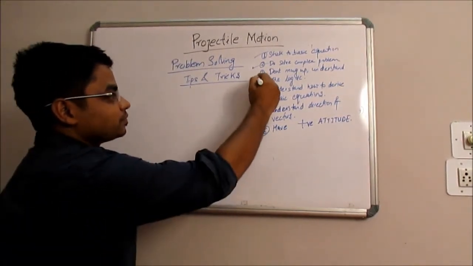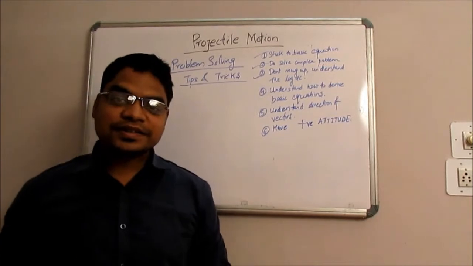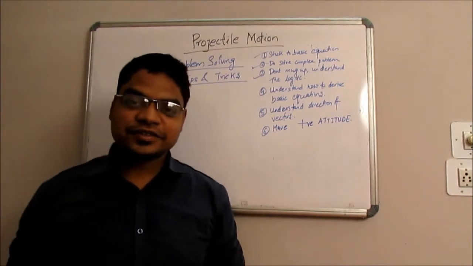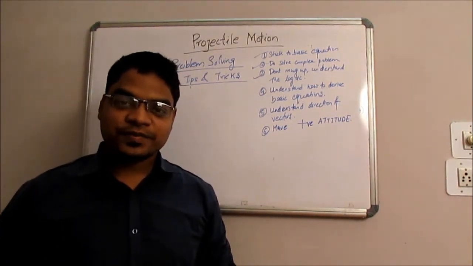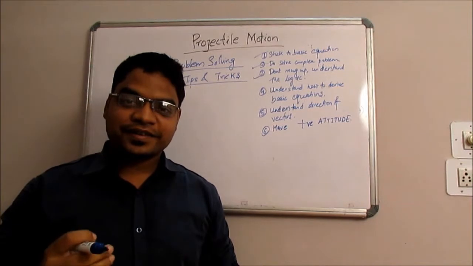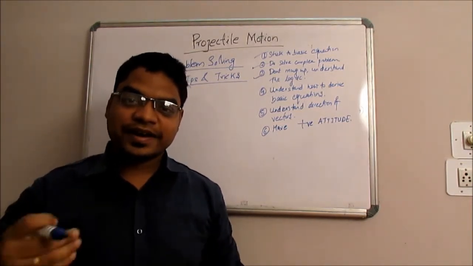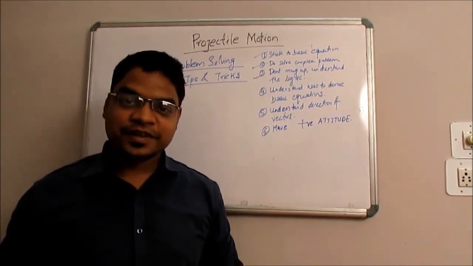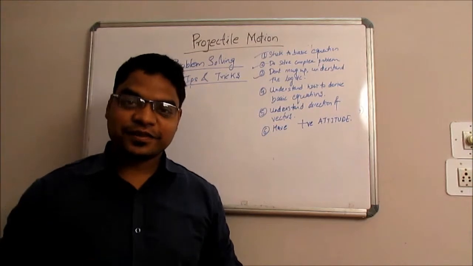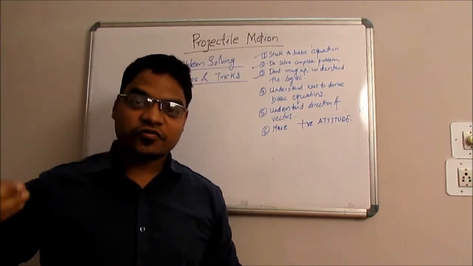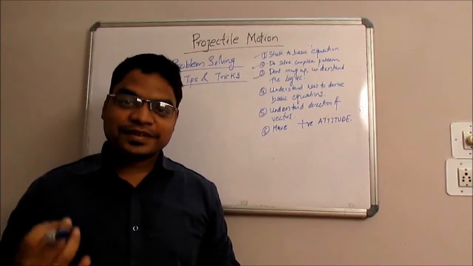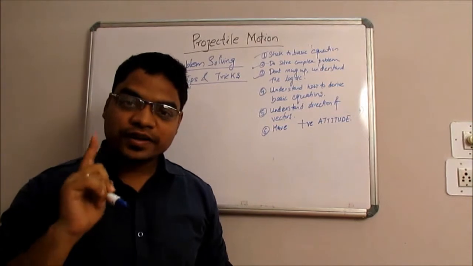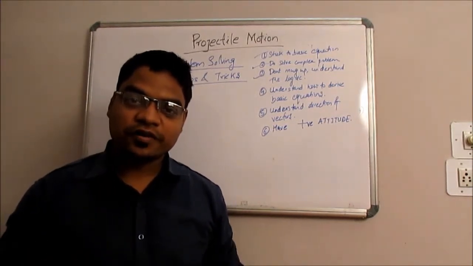Then third is, don't mug up, understand the logic. Generally, the student has a tendency to mug up. So what will happen? They will mug up and they have to reread the same thing again and again. So before the examination comes, they have reread the same thing like 5 or 10 or 20 times. But if you understand the logic, you have to read the chapter or the given topic only once.